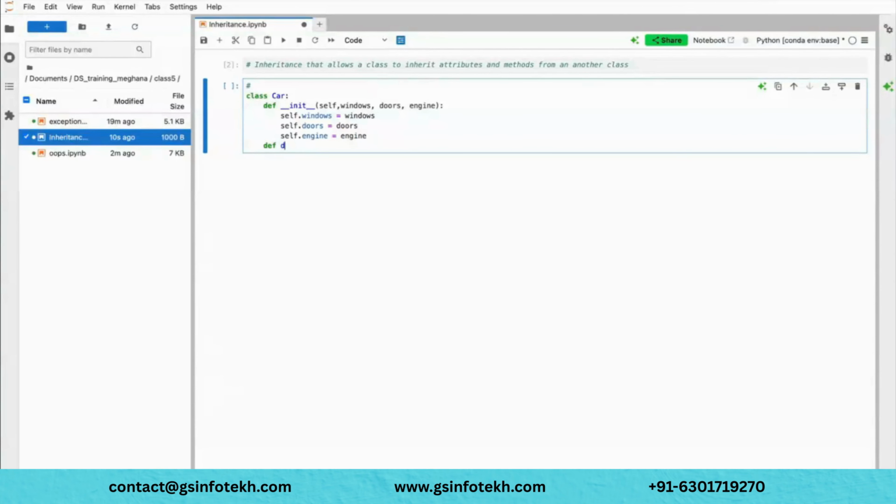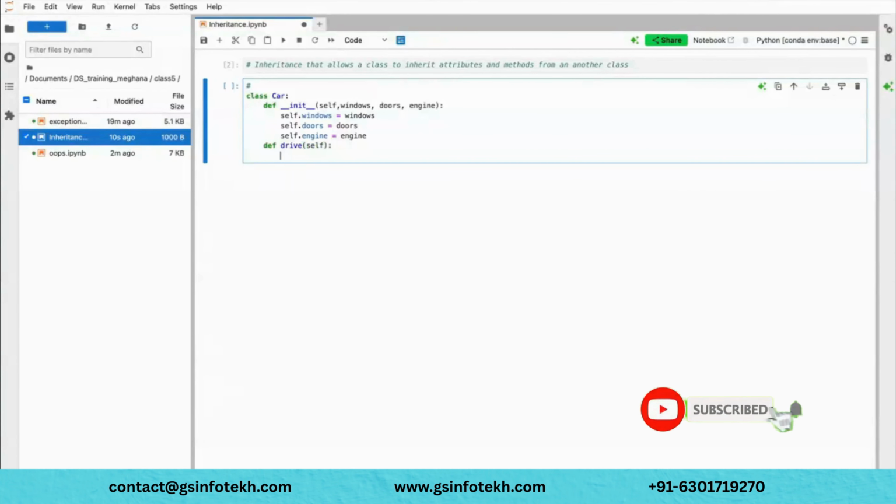Now maybe I'm creating one more method called drive. I'm just printing here the person will drive the car with the engine type. Let me write engine type instead of engine. What kind of car he is driving, whether he is driving a petrol car or a diesel car.